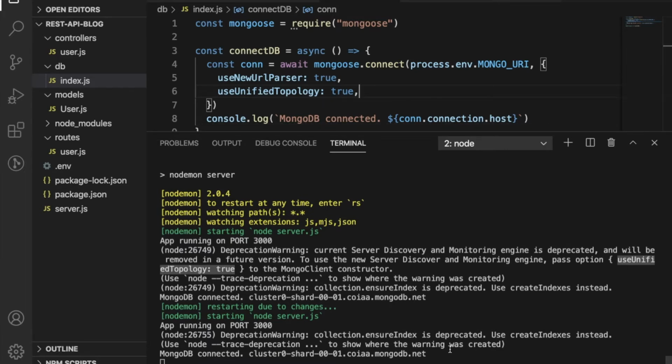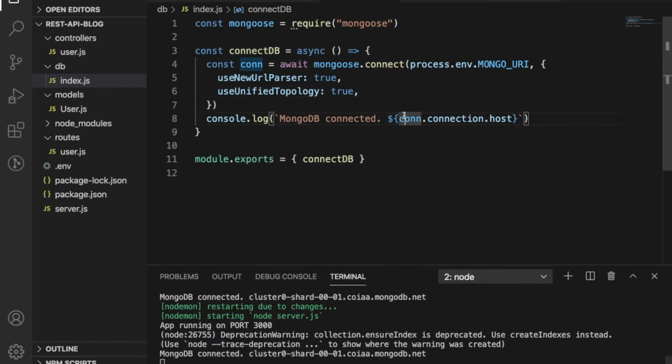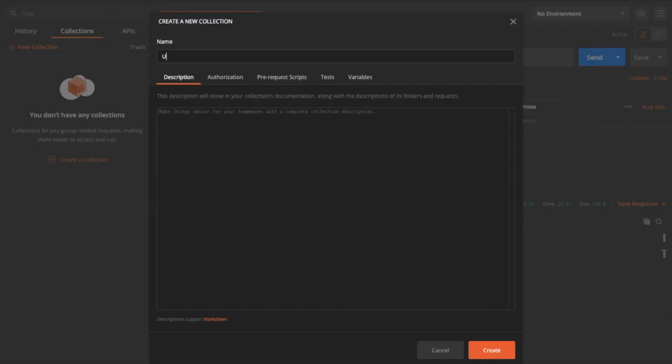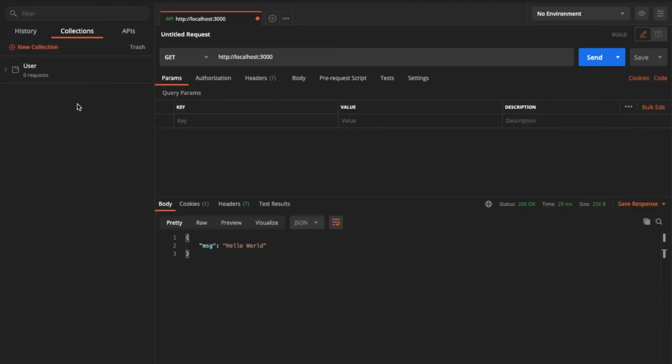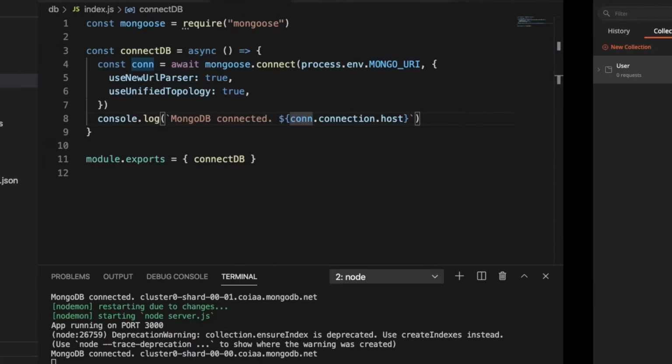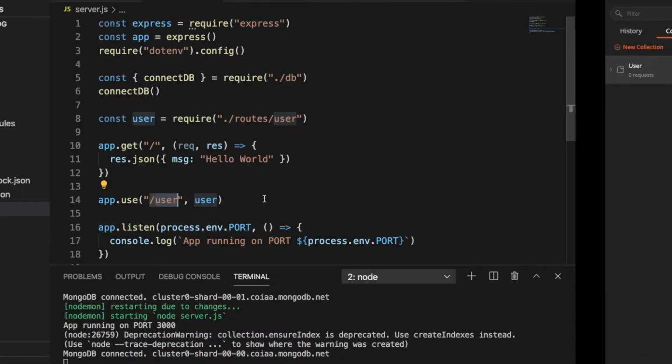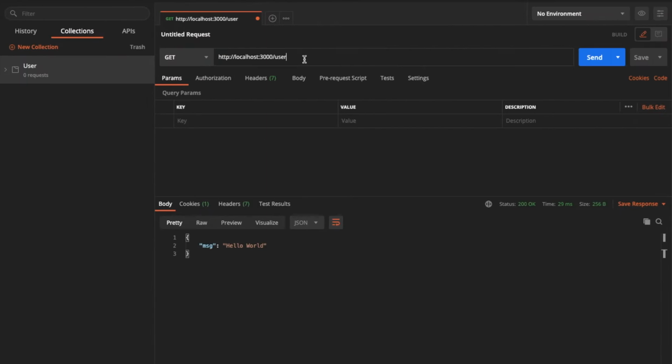Okay, so we are good to go. Let's move on. So from the user, create a collection here, /users, /user. Okay, now register,